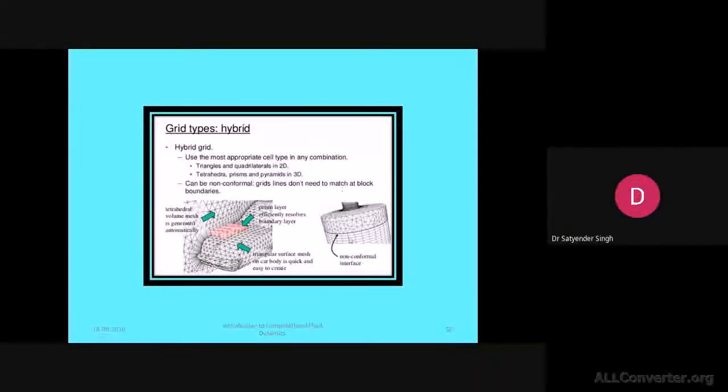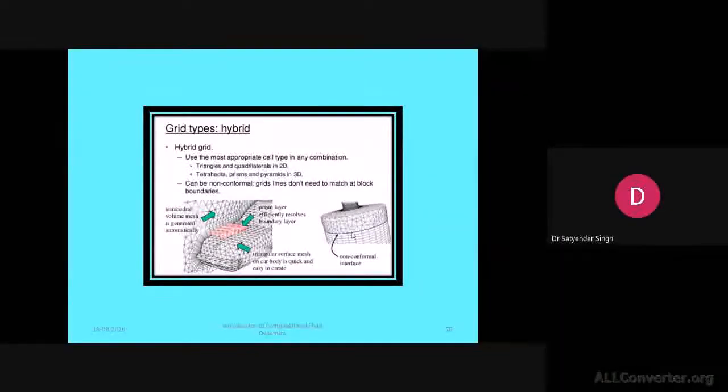Generally, when two different types of grid structures form, the mesh can be conformal or non-conformal. That means the two ends of the two generated meshes are not meeting with each other. So there will be an introduction of error because of that, because physics will not be transported from one cell to another.